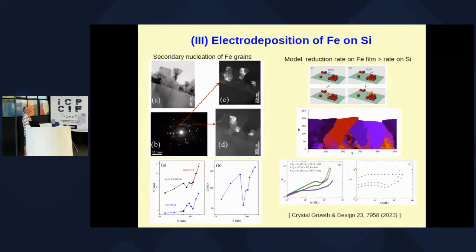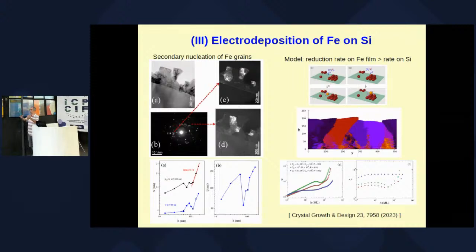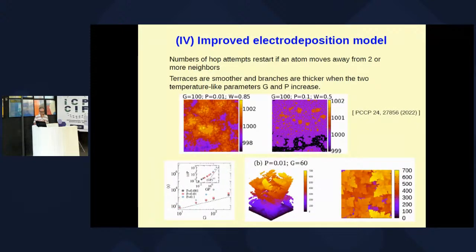So this is another reason for us to associate this large decrease with the secondary nucleation, which forms smaller grains, and forming smaller grains, then the lateral sizes of correlated regions become smaller. But the global roughness is almost the same as in our previous model. Then, going on, trying to be faster now.